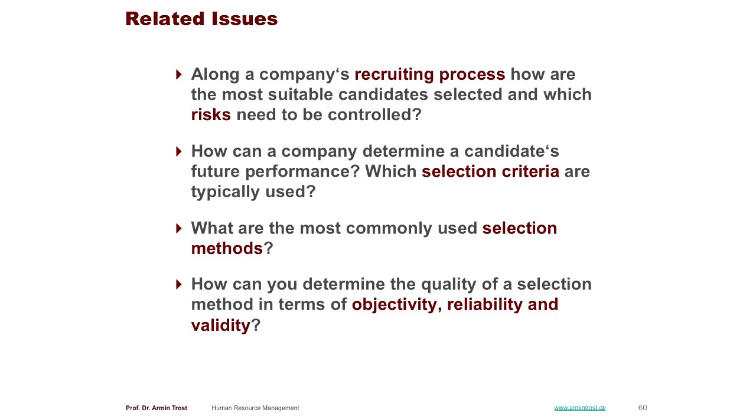The question is now, how can a company predict future performance? And that's what candidate selection is all about. Predicting the future. If I hire you, will you perform well? That's about the future. And which kind of criteria are used to determine future success? Then a big chapter will be